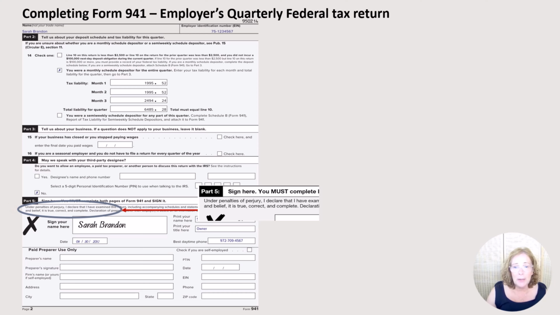Signing a document under penalties of perjury is to be taken very seriously. A person convicted of perjury under federal law may face up to 5 years in prison and fines. The punishment for perjury under state law varies from state to state, but perjury is a felony and carries a possible prison sentence of at least 1 year plus fines and probation.